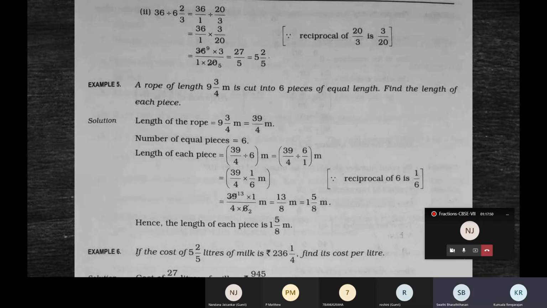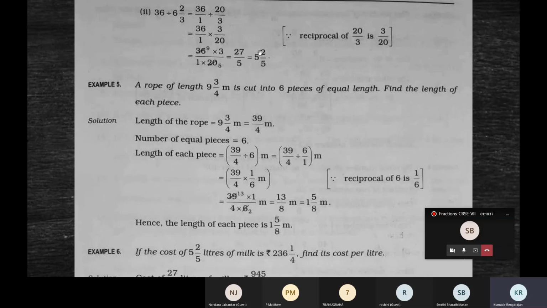3 meters. How did you get this answer 3? What did you do with 21 and 7? Did you multiply them? No, ma'am, we have divided that. Did we add the two numbers 21 and 7? No. Did we multiply the numbers 21 and 7? No. How did we get the answer 3? 21 divided by 7 is 3.